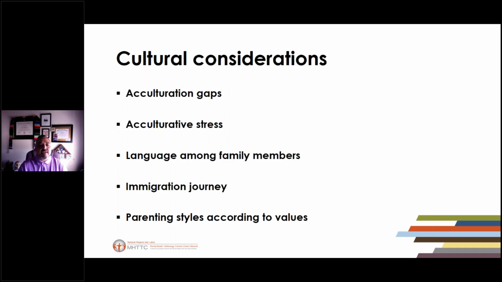Some of the cultural considerations is the acculturation gaps, and this is huge. Again, I talk about this a lot in different trainings, especially the adolescent Latino gang training, but it's very important for family therapy as well when we talk about acculturation gaps. Acculturation gaps meaning that sometimes when family members of different generations, let's say parents or grandparents raising grandchildren, immigrate to